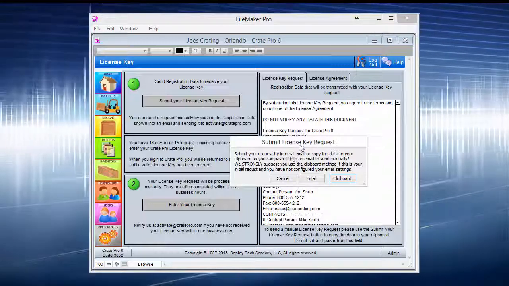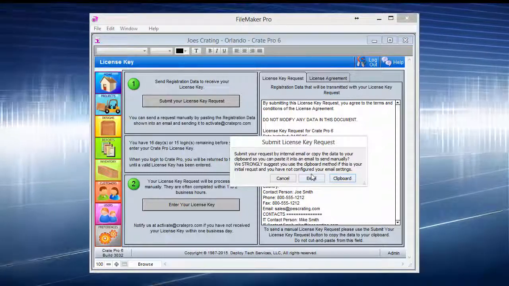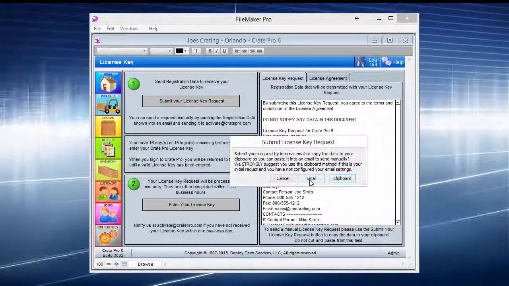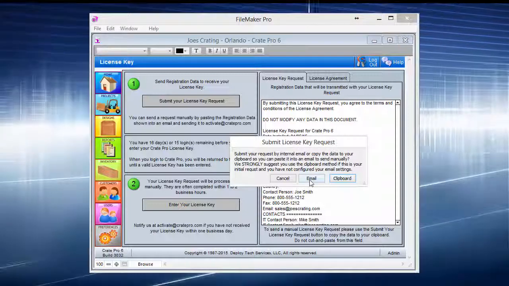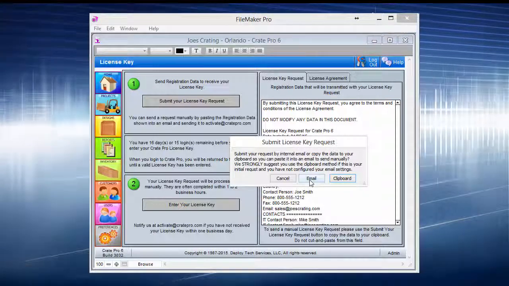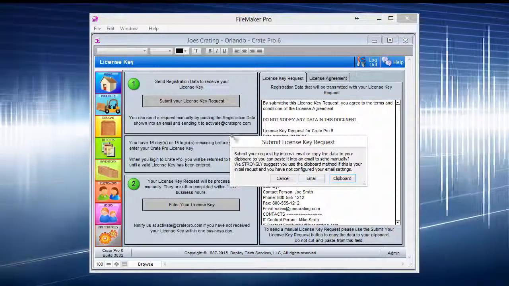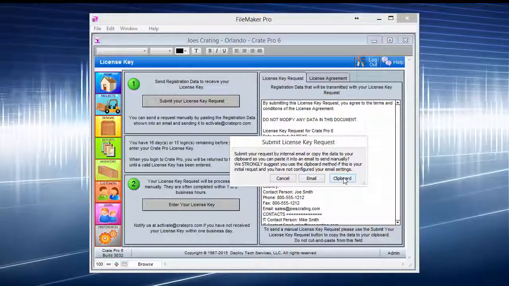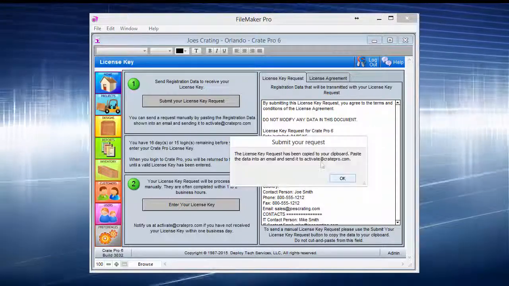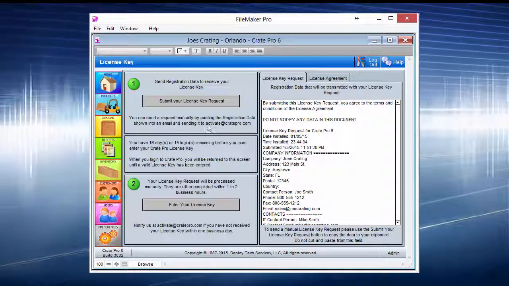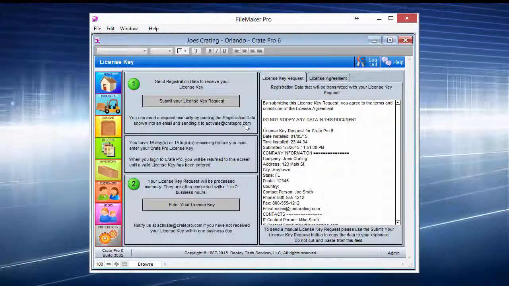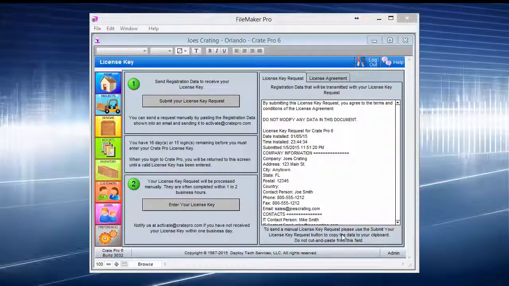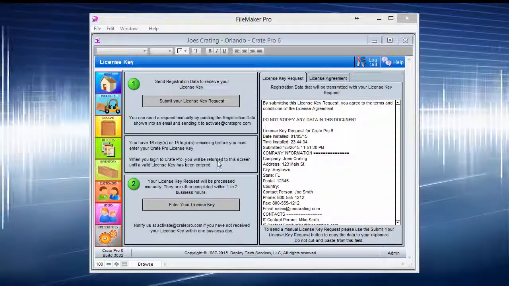Now, Crate Pro does offer you the option to email directly from here or send from the clipboard. For right now, we still have the email deactivated during the setup process because of some government requirements. It makes it a lot easier for us and less confusing. So what I do recommend is go ahead and copy this data to the clipboard by selecting Clipboard. And I'll put it to the clipboard, and then open up your email client and send it to activate@cratepro.com. So all you've got to do is email it to that address. Then after a little bit of time, it may not be the same day, we'll go ahead and email it